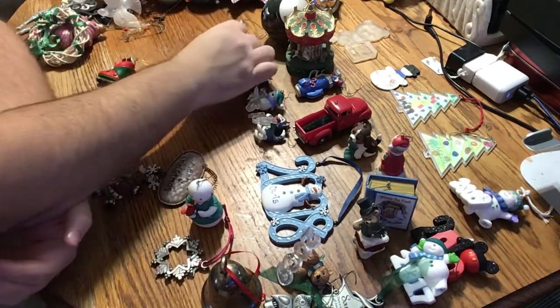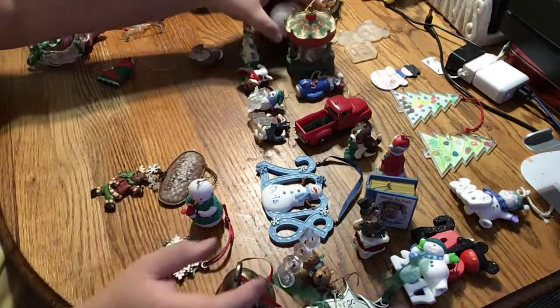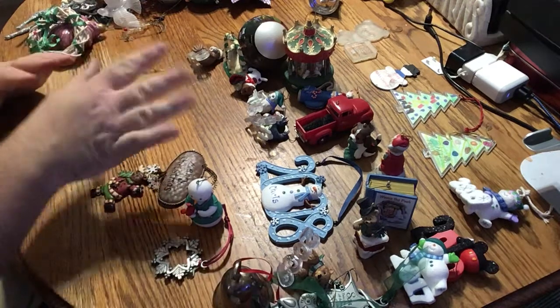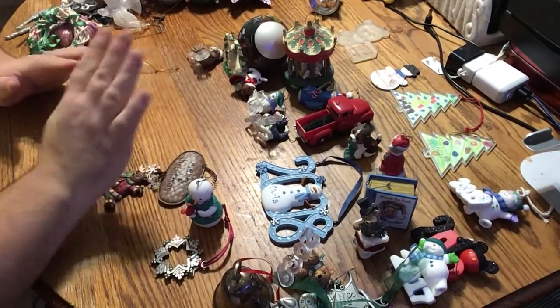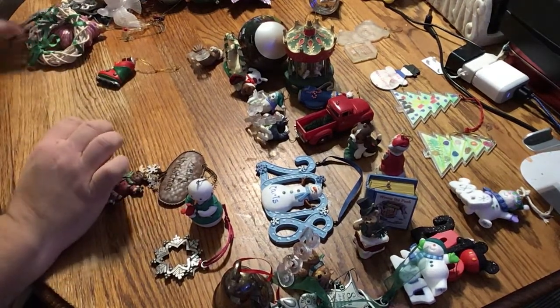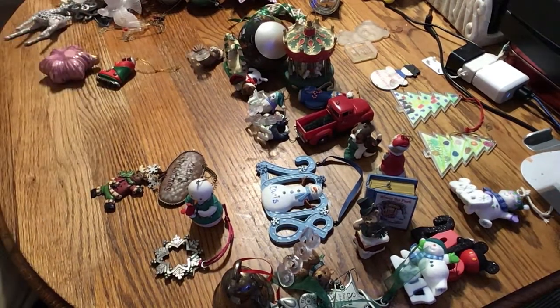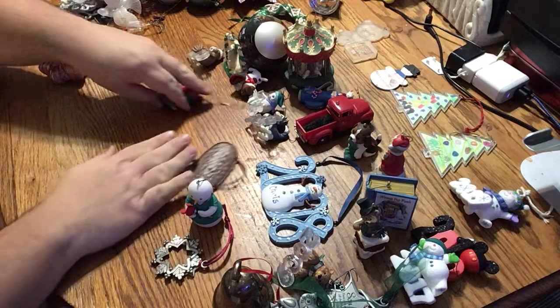Now, I'm going to show you some other ones. Okay. I'm going to show you those other ones later. Certain ones I want to show you. So I have a lot of other ornaments. Not as important as these are, but